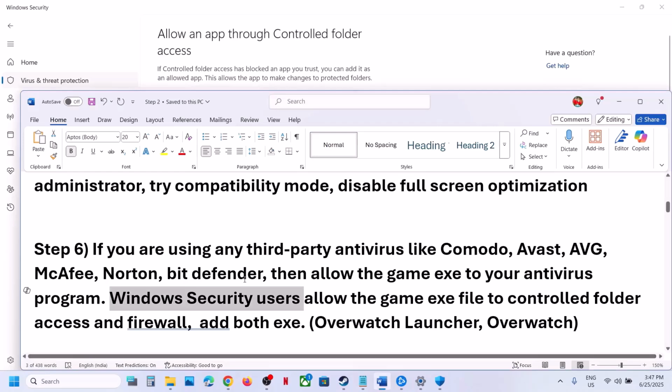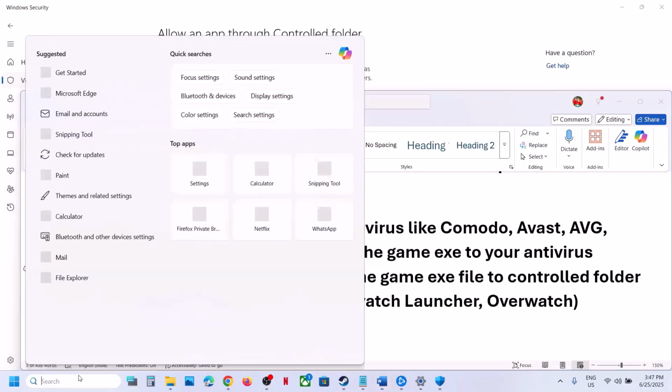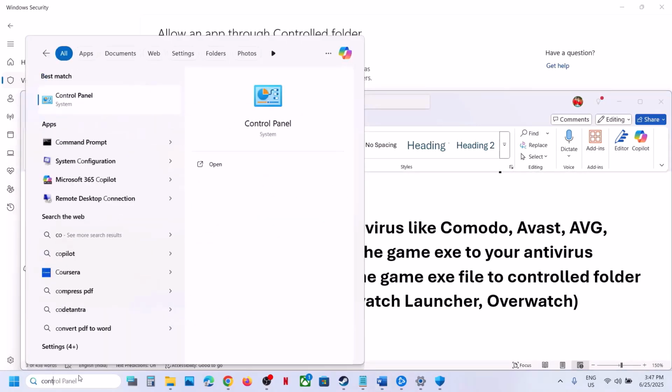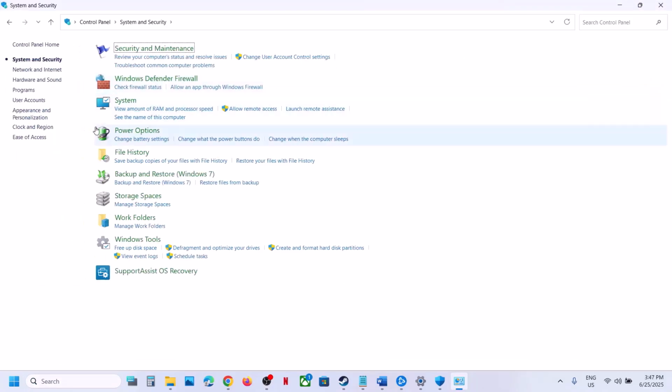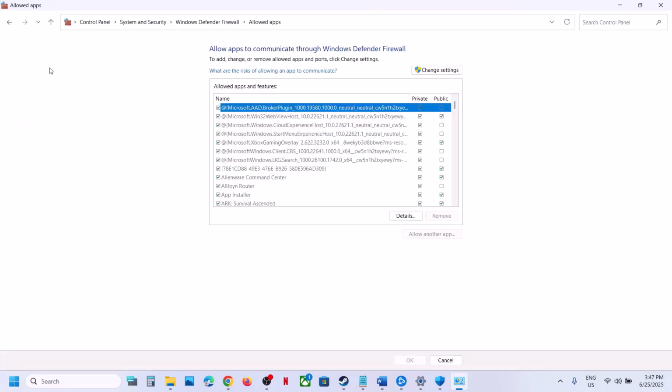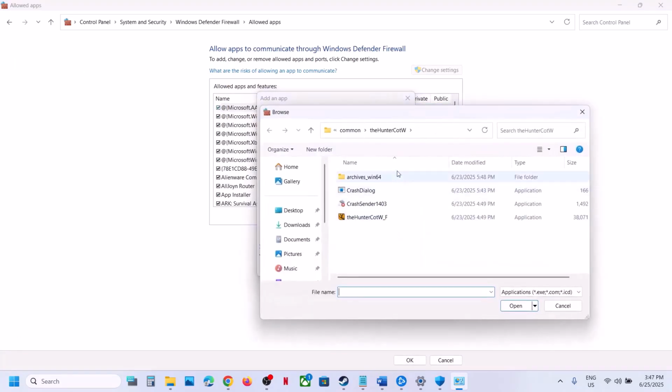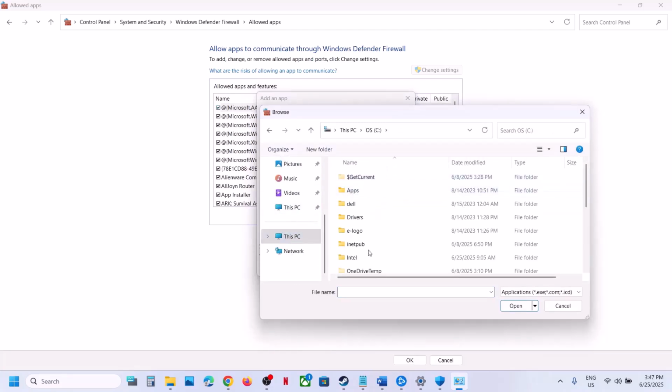Now also do the same thing in Windows Firewall. So type in control panel and then go to system and security, Windows Defender Firewall. Click on allow an app or feature through Windows Defender, change settings, allow another app, browse, and then go to the game installation folder and then open the game folder